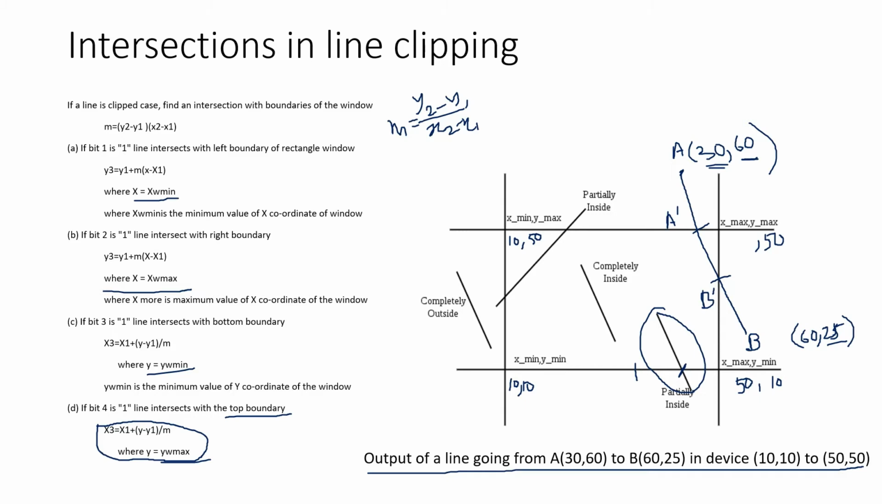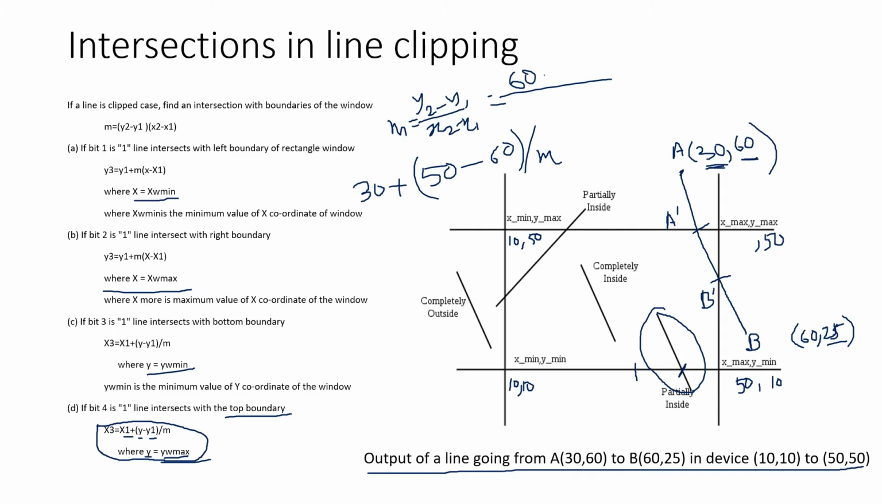So the value of x1 is what? The value of x1 is the same, that is 30. The value of y and y1 divided by m, where the value of y is actually yw max. So here the equation is going to be x1, which is 30, plus y, which is yw max, that is 50, minus y1, which is 60, divided by m. So m is nothing but you have to calculate the m of this particular line. So the value of m is